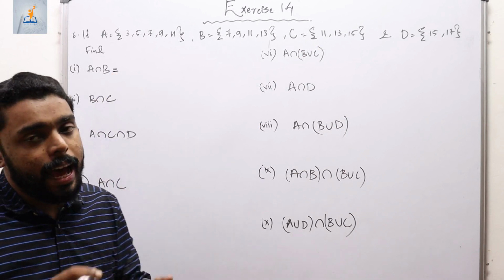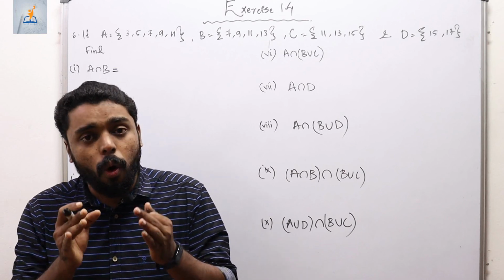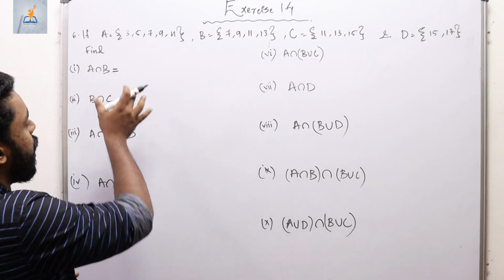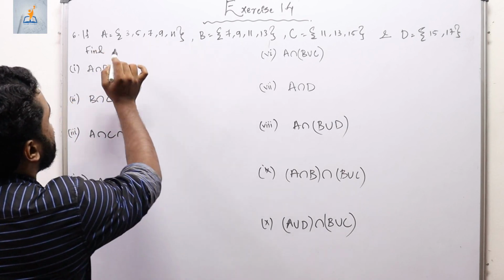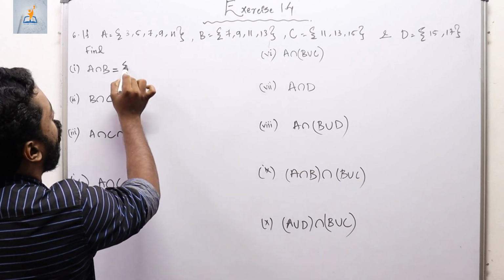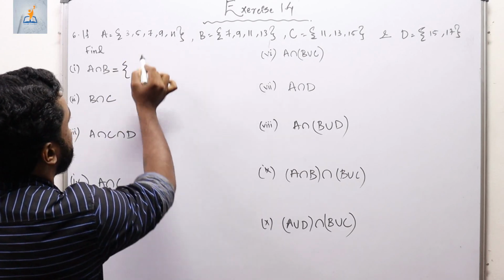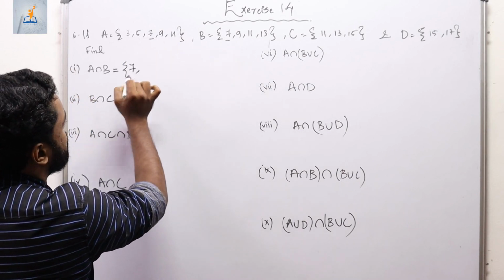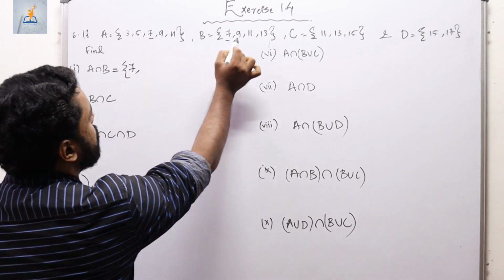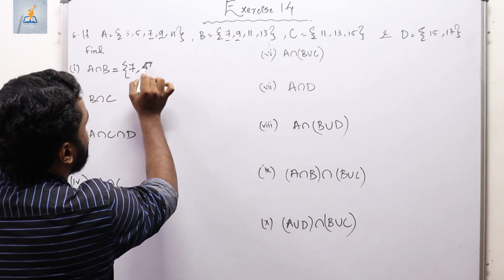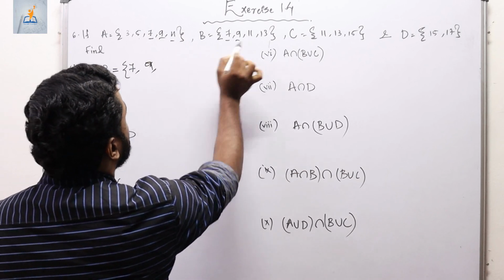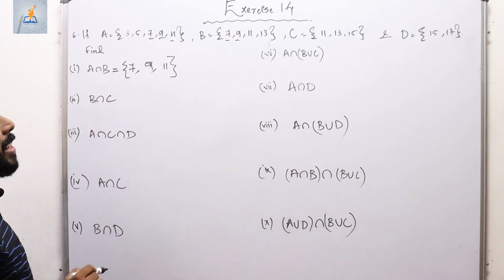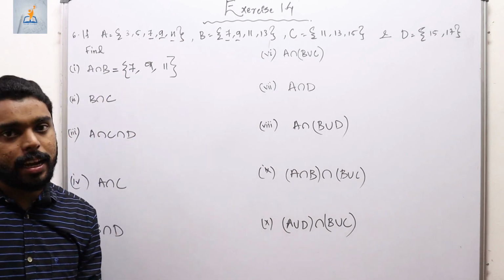First of all, remember that A intersection B contains all the elements which are both in A and in B. So first of all, we can look into A and B. We can see that 3 is not common to A and B, since 3 is absent here. 5 is not common, but 7 is there in both A and B. So we can list 7 first. 9 is common to both A and B, so we can list 9 second, and 11 is common to both of them. Therefore A intersection B is nothing but {7, 9, 11}.